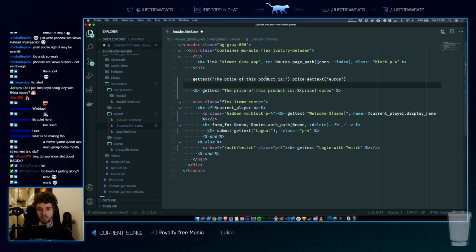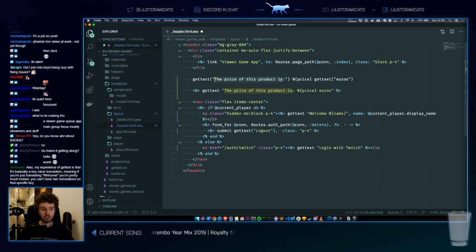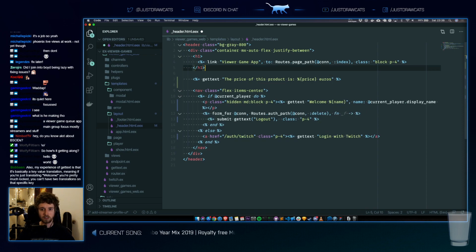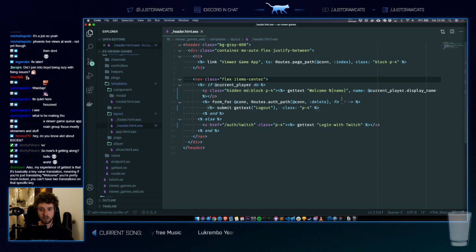If I do this, then the translation can never be written correctly because we hard code the structure of the sentence. So by doing it this way, the structure of the sentence can be grammatically correct based on the language of the user and the sentence that makes sense for that language.